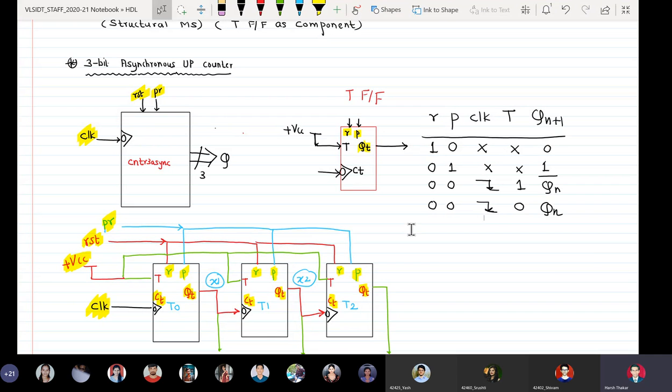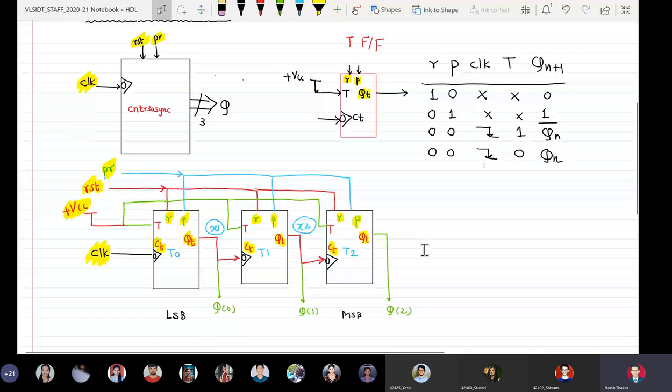This is the first example where we need to connect the T input of the child or the component to VCC. And can anybody suggest how I can connect the T input of the individual instances to VCC? Okay, I repeat the question, how can we connect the T inputs of T0, T1 and T2 to VCC?